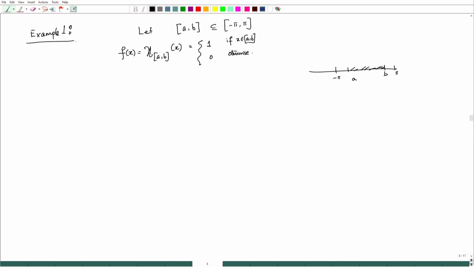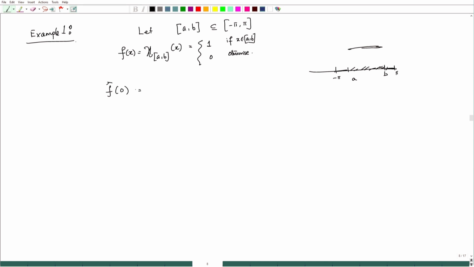So, now this function is going to be the constant function 1 here, and then on this part it is 0. That is what the function is. Now, it is pretty easy to compute the Fourier series. So, now f hat of 0,